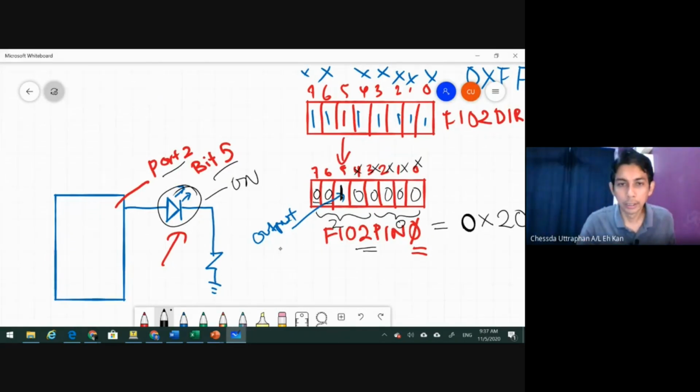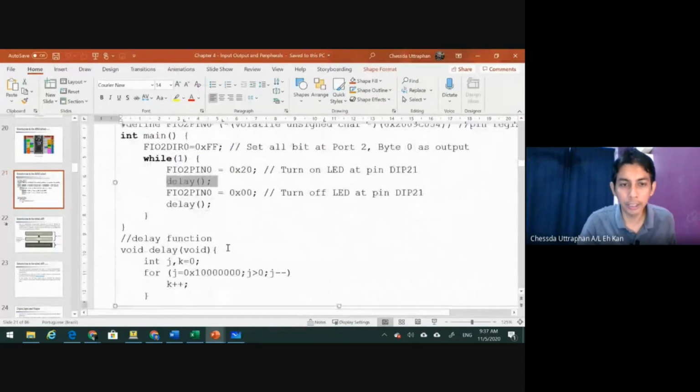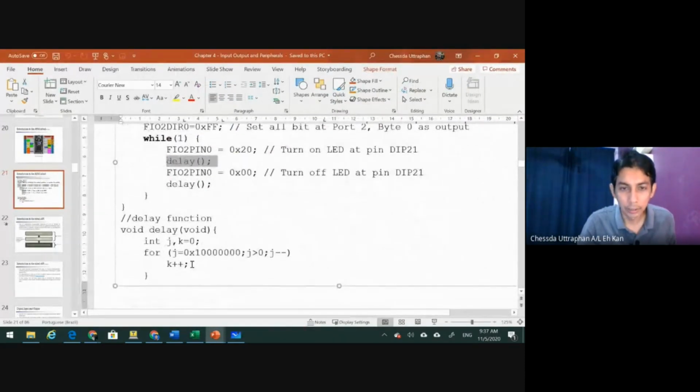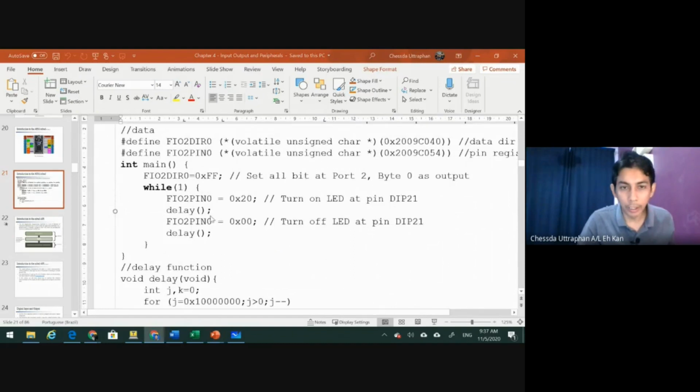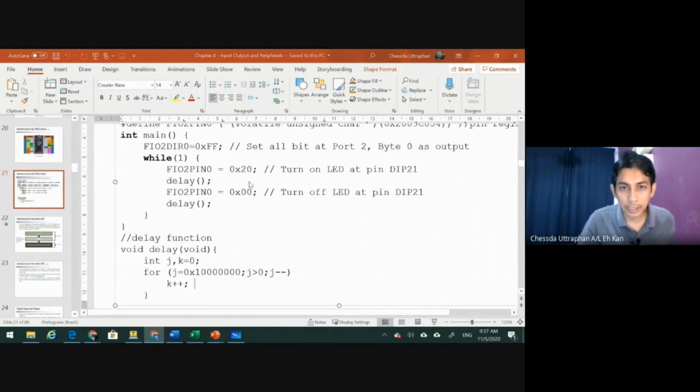Okay. Now we call the delay function. This delay function is actually to reduce this very, very big number by 1, until 0. So when we go to this delay function, now you can see in real time that this LED is